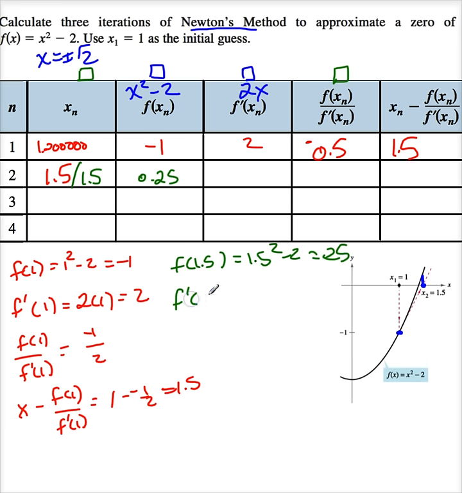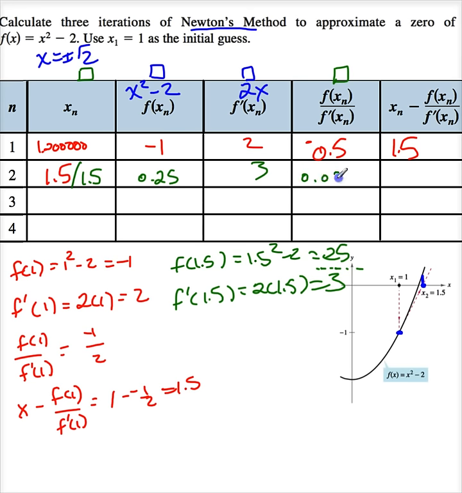F prime of 1.5 is 2 times 1.5, or 3. And then the ratio of these, now do you see this? Do you see I've lined them up, and now you can see I have my ratio here. So I have these in my calculator, so I'm just going to go on and put in